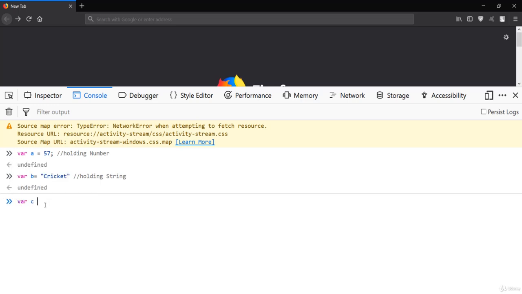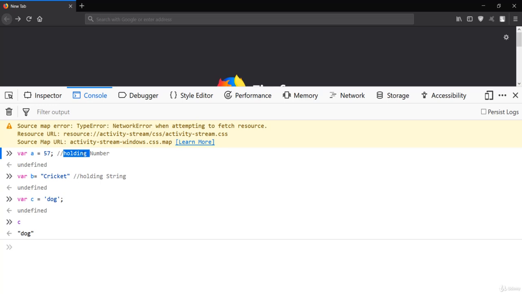If I say c, give a single quote, and let me say dog, this is also a string. If I print this, dog is also a string, which is a primitive data type in JavaScript. Similarly, the next data type is number, which represents a numeric value. Over here 57 is holding a number, which is another primitive data type.